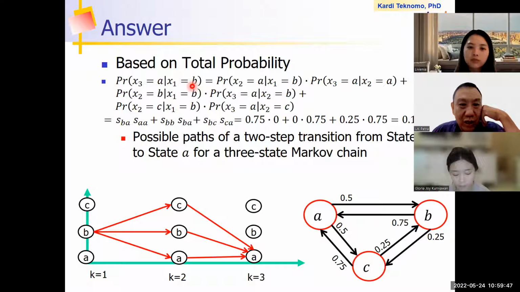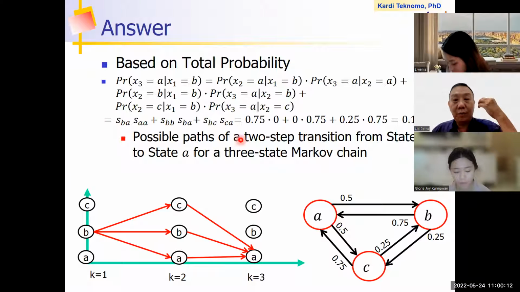when you read this, you need to put from the last to the front. Yeah? So this is like BA and then AA, right? This one is BB and then BA. Yeah? Can you see? And then this one is BC and then CA. Yeah? So here. After that, it's easy. You just plug in the numbers, you get the value.